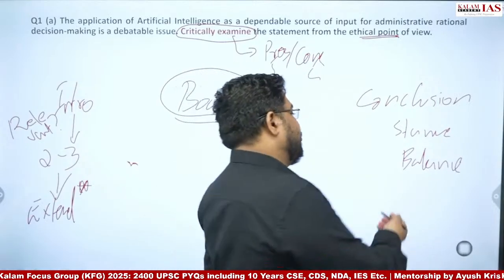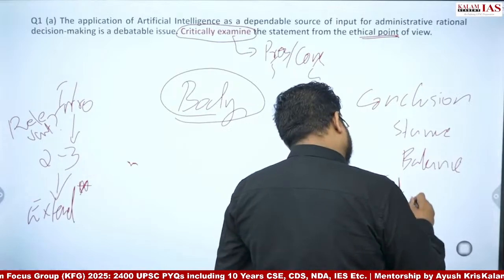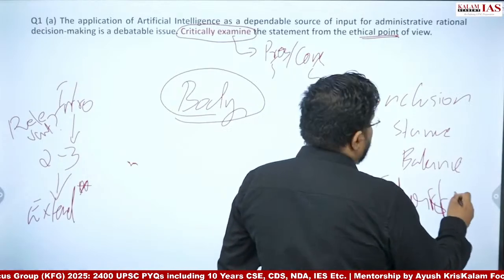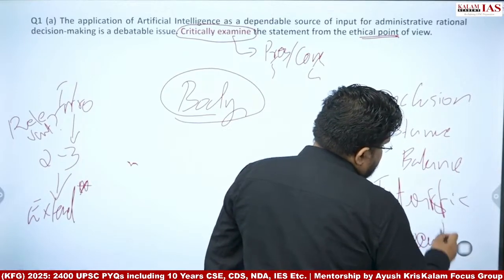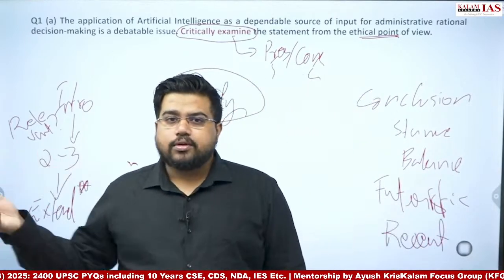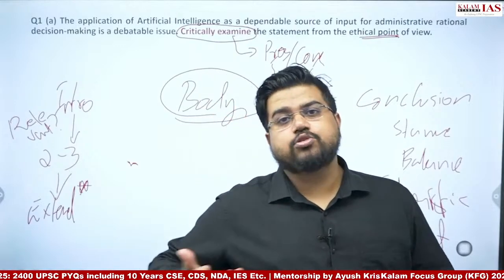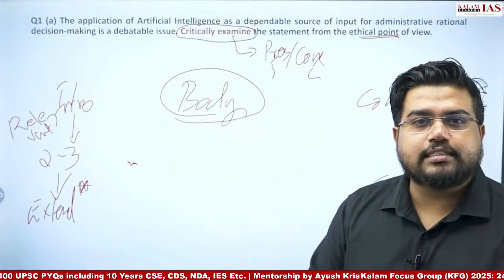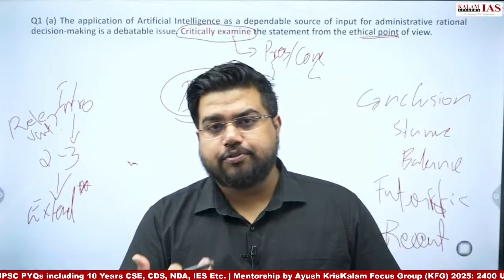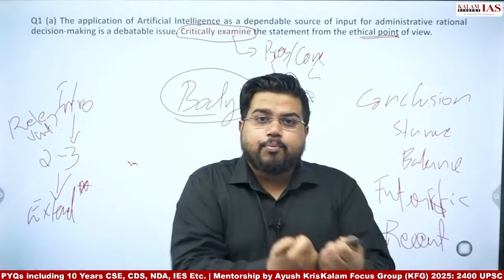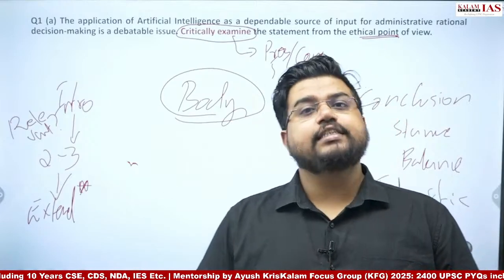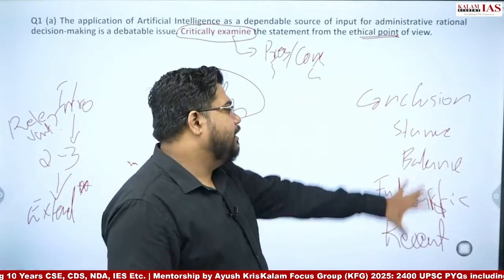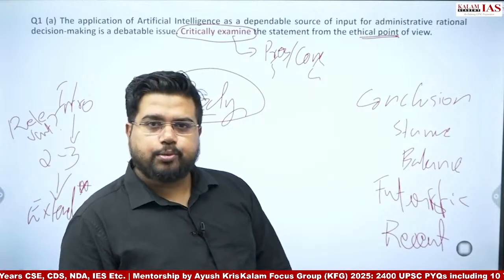Or you can give a futuristic vision, or you can relate it to a recent development, like we have this EU AI Regulation Act. India also needs such an act for AI regulation. A regulation is important for stopping the misuse as well as for promoting industry growth in India. You can speak about the importance of AI regulation. So these are all different aspects of conclusion you can bring into the paper.